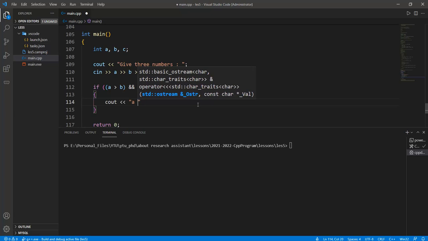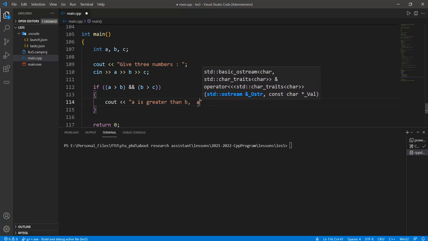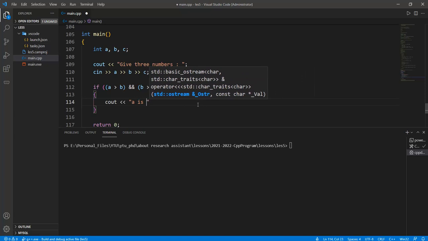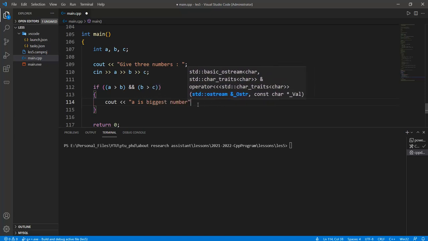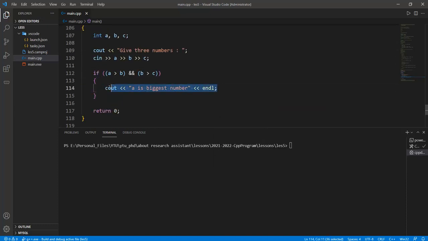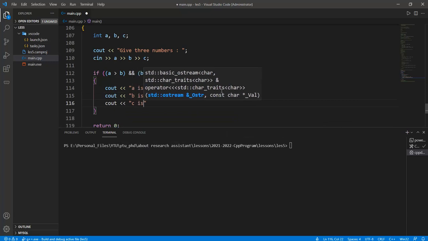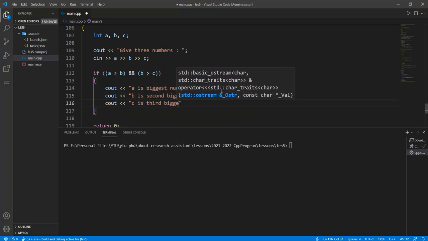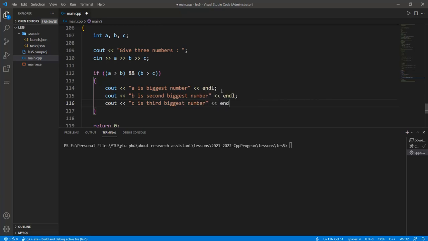And so cout A is greater than B and B is, or A is the biggest number, okay? This is the true. And cout B is the second biggest number,